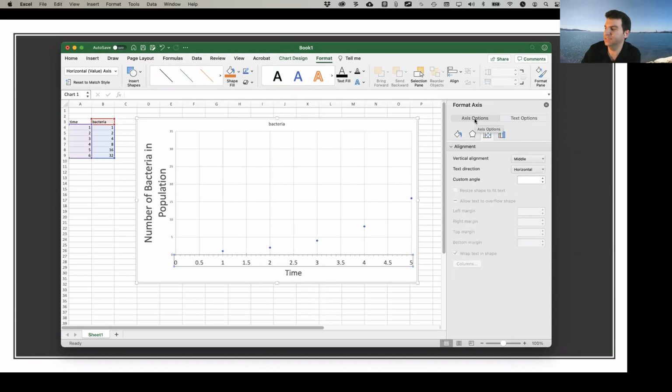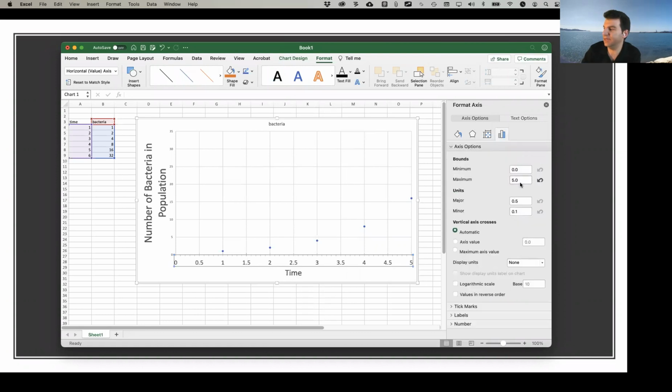Then under axis options, you can click on the thing that looks like a bar chart. And then under this axis options, you can change the minimum and maximum. So if you don't want it to go to 6, you can manually force it to only go to 5. Likewise, if you don't like where it's putting the major tick marks, you can change